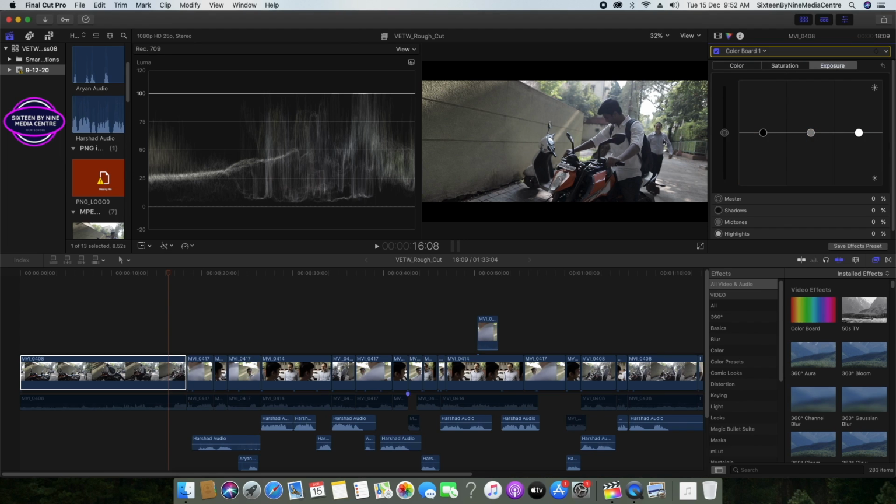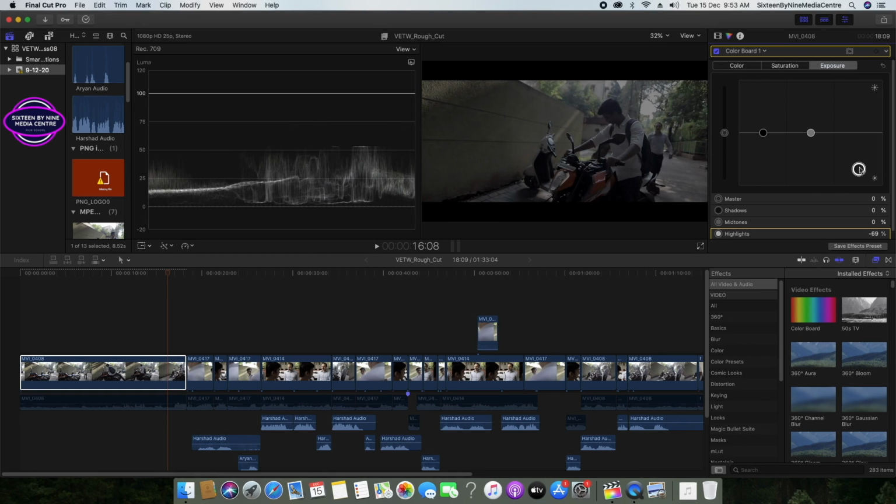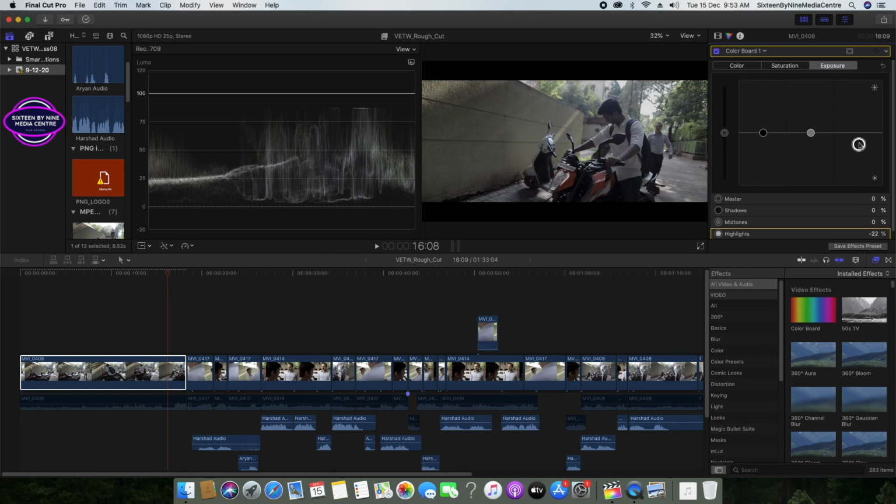So you have divided the image into 3 parts, highlights, midtone and shadows, and you can work on each part separately. But as I've already told you, this region is burnt as shown here. So we cannot salvage much, but still we will see what can be done. I reduce the highlight here and you can see much of the brighter portions are getting reduced. If I reduce the highlight even more, you can see what happened here. Now I'm increasing only the highlights.